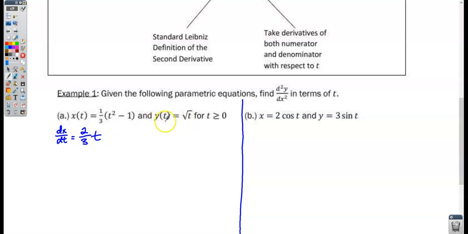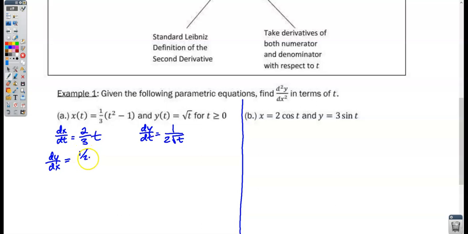And then I'm going to find the derivative of this, dy/dt. And that's equal to 1 over 2 square root of t. And so I'm going to go ahead and find dy/dx. And dy/dx is equal to